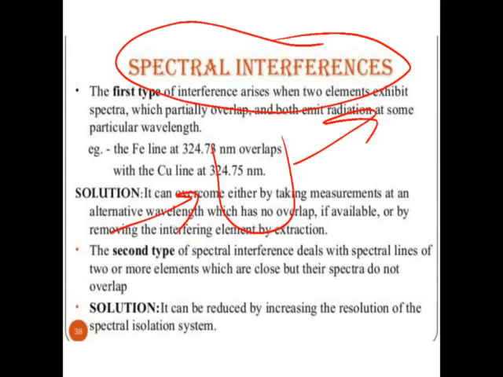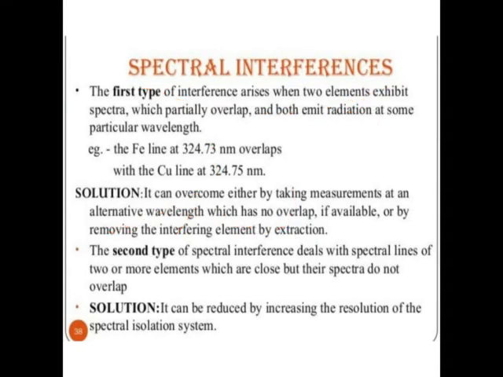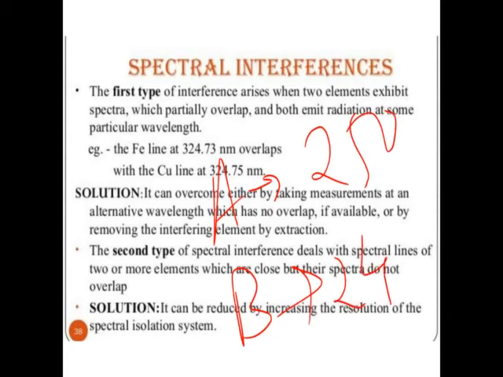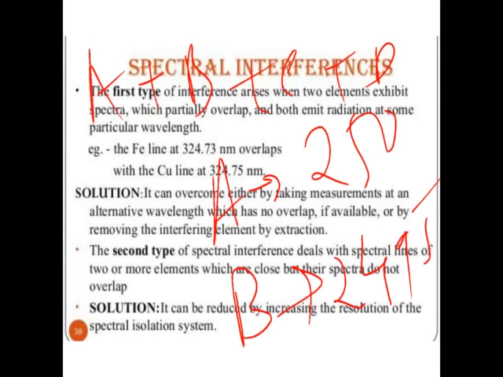So if they have nearly the same wavelength, suppose there is metal A and B, okay, A's wavelength is 250, B's is 249.5. So in the mixture, suppose the mixture has A plus B plus C plus D. So when we pass a specific wavelength, if we pass the 250 wavelength, actually only A absorbs 250. So A will absorb the 250 nanometer wavelength.